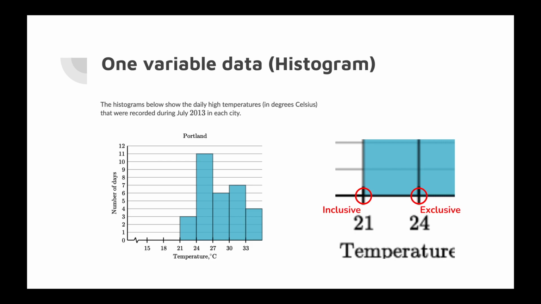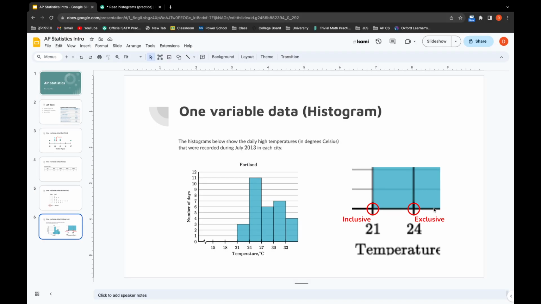And lastly, we learned histogram, and the important thing here is that you have to include the lower bound, but you shouldn't include the upper bound. I hope this video helped you